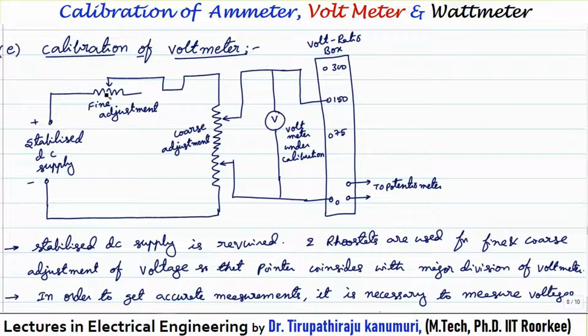We adjust the fine and coarse adjustments so that the reading shows a bigger scale reading, like 1 volt, 2 volt, whatever the scale is. That major division we keep at that location. Now using the voltage ratio box, we step down the voltage to the required value for the potentiometer and measure it using the potentiometer. Let us call the potentiometer reading Vp, and K the multiplication factor. So the actual value of the voltage will be equal to Vp multiplied by K, where K is the multiplication factor